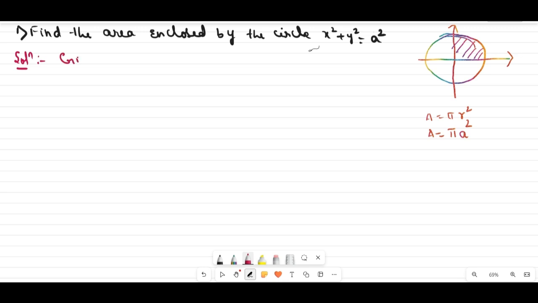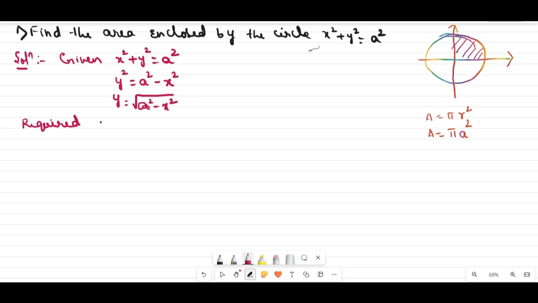Given the equation of the circle, x square plus y square is equal to a square. From this circle equation, I will find out the y value. Taking x square to the right hand side, it becomes a square minus x square. Then y is equals to square root of a square minus x square. So we got the y value. Now we should find the area. So required area is equals to